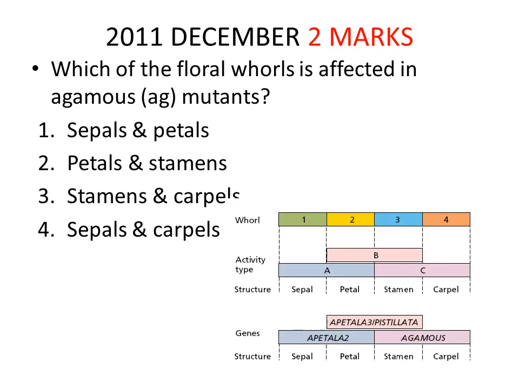Now here you find that agamous along with pistillata is responsible for formation of stamen, whereas only agamous is responsible for formation of carpels. Now if agamous is absent, if it is affected or if it is mutant, then the stamens and carpels can't be formed. So the answer will be stamens and carpels.